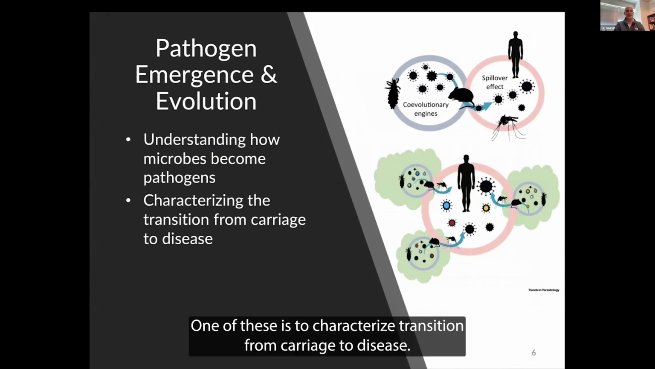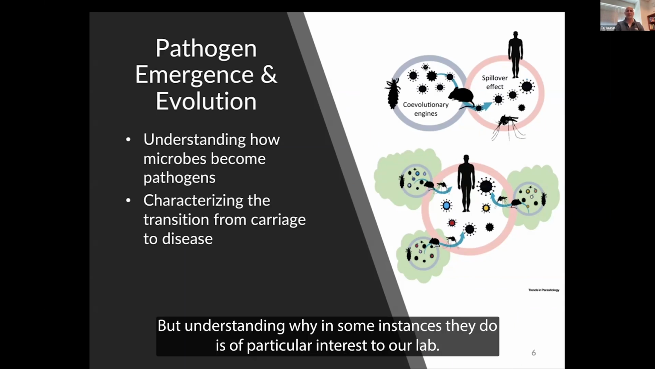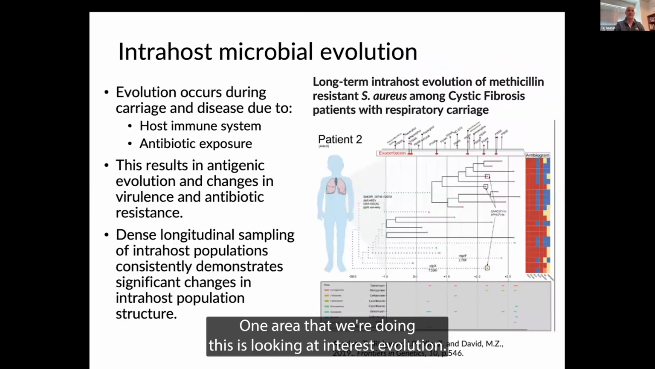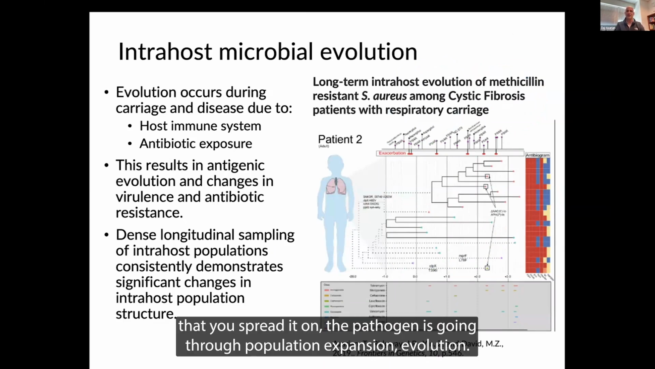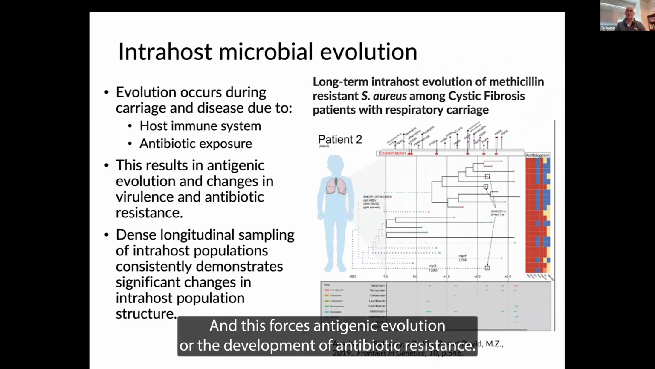The next area is using these tools for investigating pathogen emergence and evolution. One of these is to characterize transition from carriage to disease. So we have a lot of these bacteria carried on us normally. They don't always cause disease, but understanding why in some instances they do is a particular interest to our lab. One area that we're doing this is looking at intrahost evolution. So from the time that you come in contact from a bacteria or a virus to the time that you spread it on, the pathogen is going through population expansion, evolution. It's driven by host immune system, antibiotic pressure, antiviral pressure,